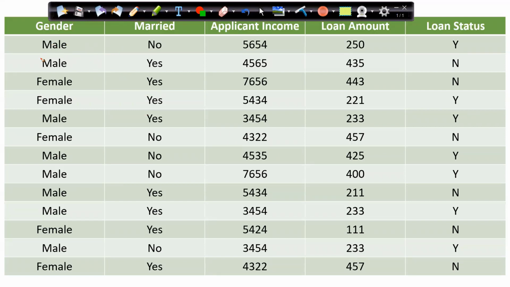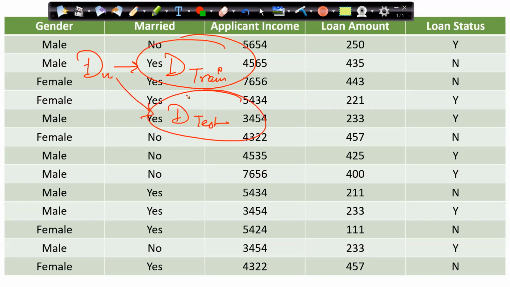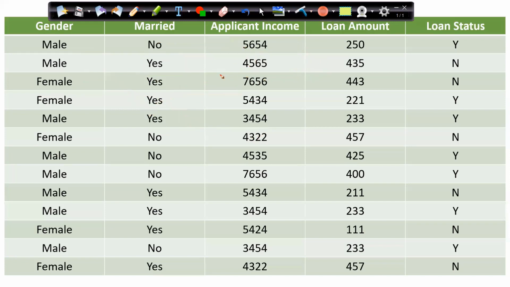But let's assume that this is my entire data set on which we have to create the model. What we will do is I will split this data into two. Basically, this is my Dn, this is my data n, this is my entire data. Now I'll split this data into Dt, or I can say D train, and second is D test. I'll split the data into train and test.